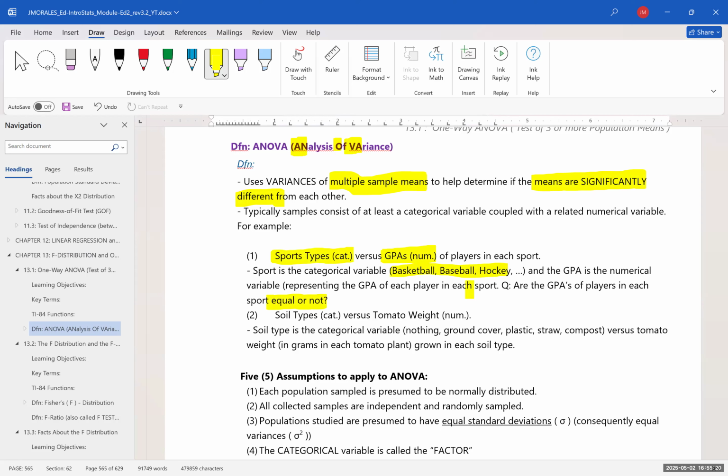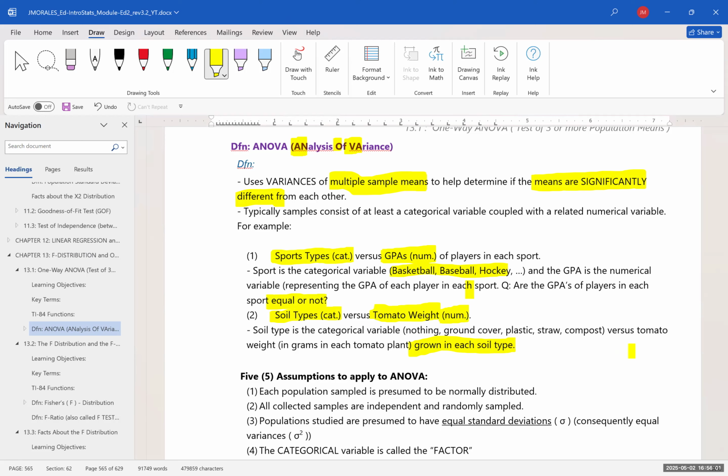Another example would be soil types, just categorical, versus the weight of tomatoes that were grown in different soil types, and weight would be numerical. So soil type is the categorical, so nothing, ground cover, plastic, straw, or compost, versus tomato weight in grams of each tomato plant grown in each type of soil. And we want to see if the mean weight was equal. So there are 5 assumptions to apply